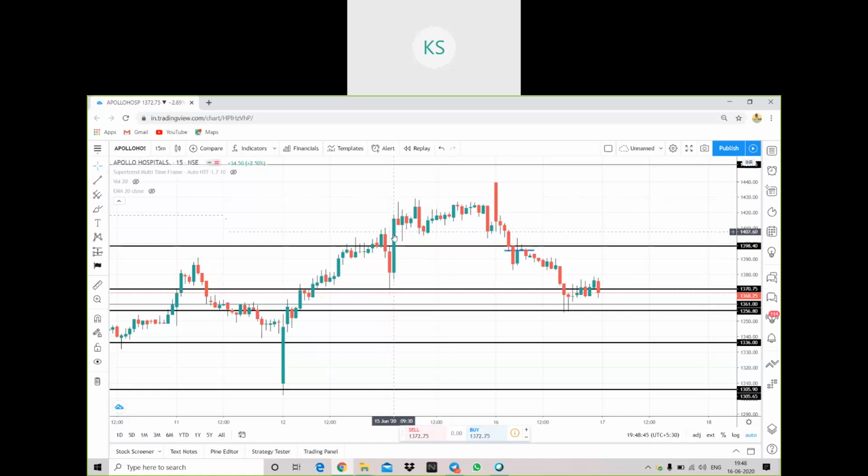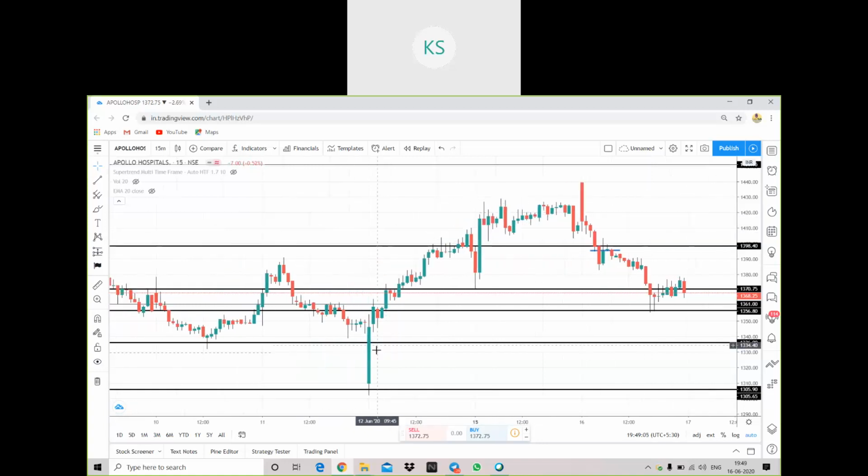But in this case, see, this was in sideways movement, so I will not get my SL nor my target. The only condition we require is that the stock should be in good movement, then you'll get your targets. If the stock goes sideways, then neither will you get your target nor your stop loss. So this is one example. Here the stock was in movement. Here it went sideways, so you will not get your target or SL.